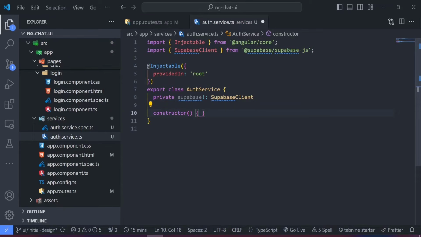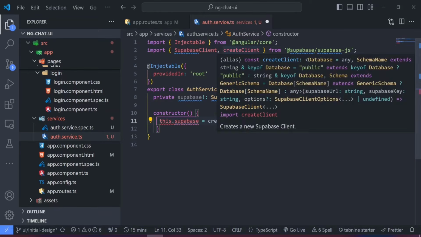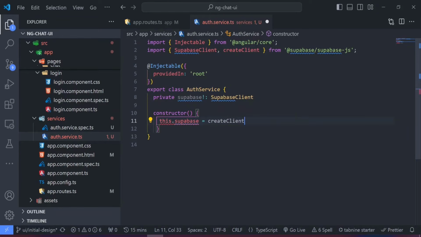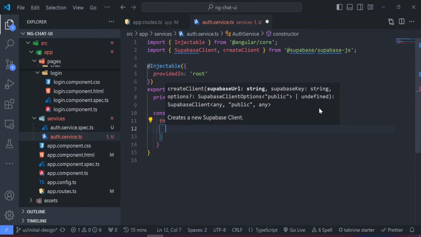That's the convention I am comfortable with. So we can now head straight to the constructor to configure our Supabase client. To do that, I'm going to say this.supabase equals createClient, which we also need to import. As you can see above, we have the createClient imported. I'm going to open a parenthesis, and within the parenthesis, we need to configure our environment Supabase URL and our